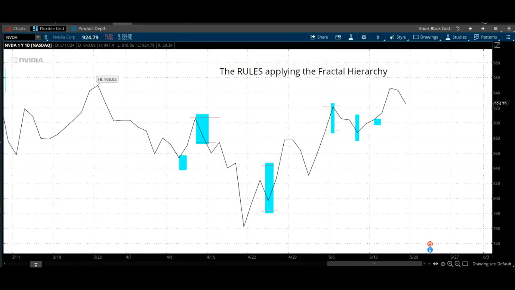We are looking at the Nvidia chart on a daily time frame. By looking at the daily chart, we have a growth fractal right here. Very common. It's the bottom, and here's the top. Now, that indicates a turn in the market. How high? We don't know until we go to another time frame to look at the other fractals within the